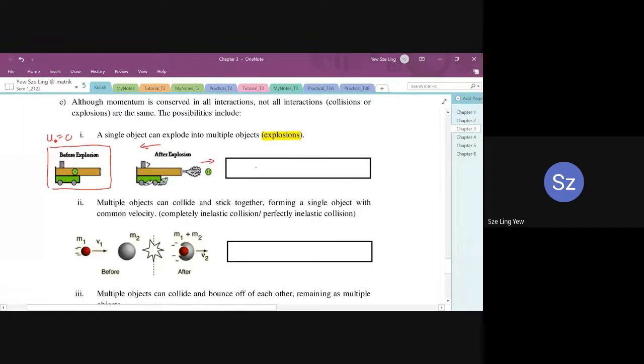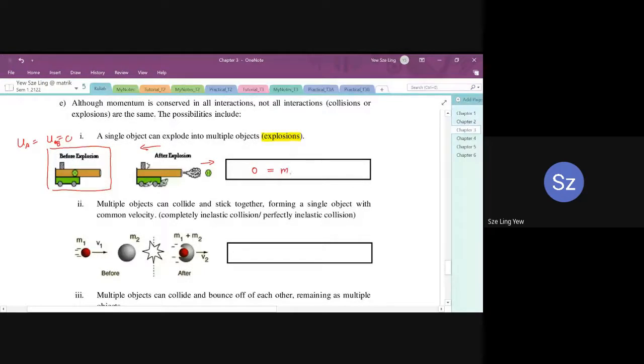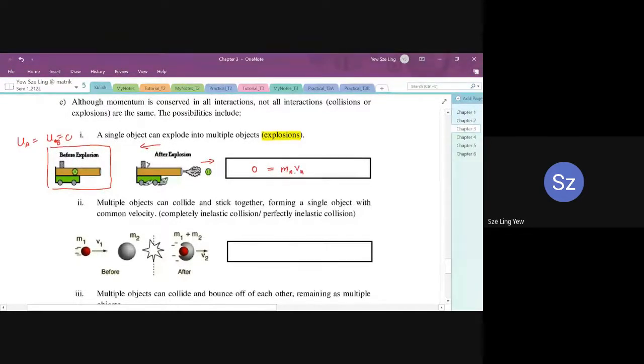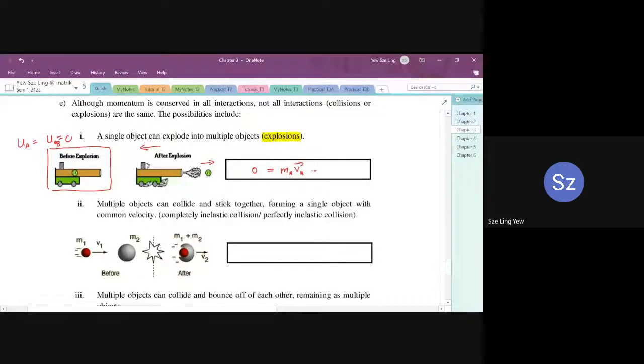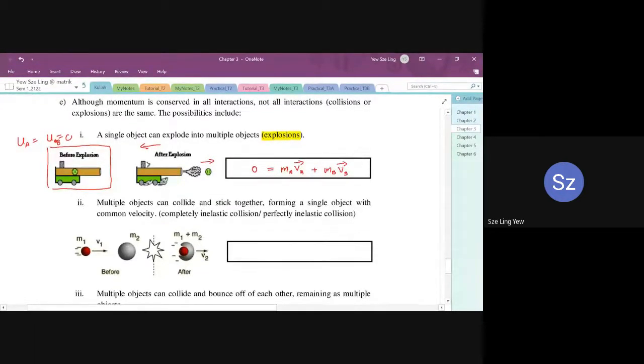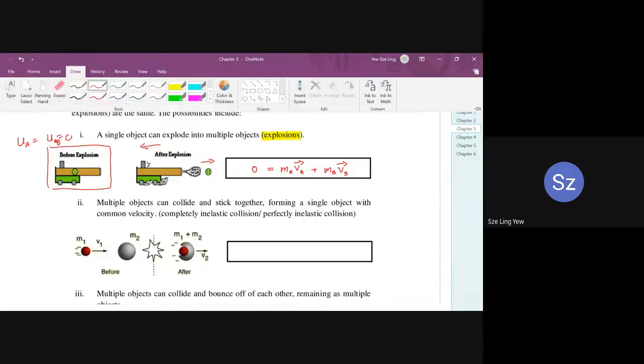So in this case, what can we say? Initial is 0. Why 0? Because UA equals UB equals 0. Therefore, initial momentum is equal to 0, and then equals final momentum. Now both of them are moving, so MA VA plus MB VB. And the two of them are moving in opposite directions. Therefore, you should know that